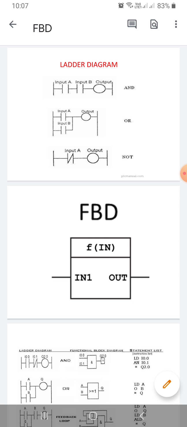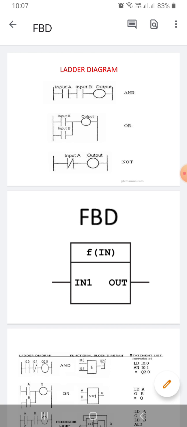Now, the ladder logic. Ladder logic is the main programming method used for PLCs, and it is the most common technique for programming in today's PLC. Ladder logic uses graphic symbols similar to relay schematic circuit diagrams. It consists of two vertical lines representing the power rails, as you can see in the first slide. The circuits are connected as horizontal lines between these two verticals.